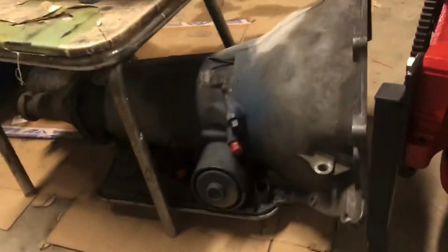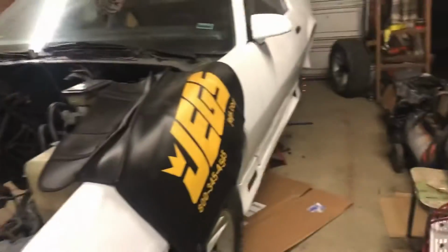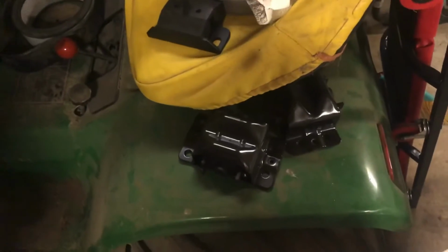And here we have a 700R4 off Craigslist, ready to go in behind it. And then the car is just about ready to receive said thing, except those are the V6 engine mounts, and I've got V8 engine mounts. And I've got a whole pile of parts sitting here. So the car's up, the front end is on